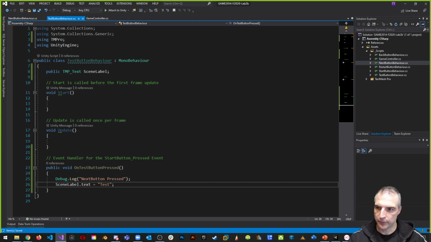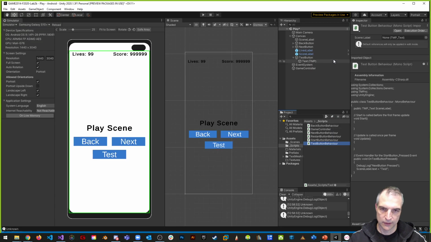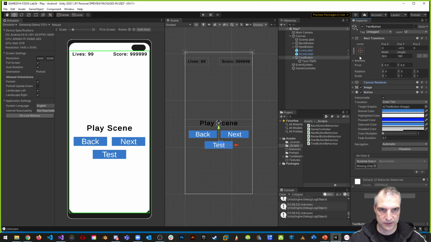And there's my TM Pro. And then what I want to do is attach the test button script to the test button. So going back to Unity, it's all stuff you've done before, so you should be able to do this. Here's my test button itself. Let's just minimize some of these